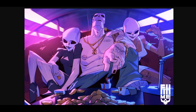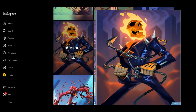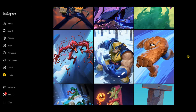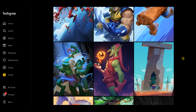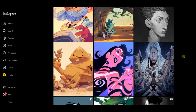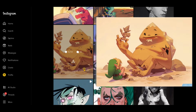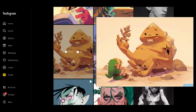Is there an RGB shift? It's hard to say, but yeah. Ghost Rider, I'm assuming. For these ones, they're way more painted, right? And just the way he simplifies the anatomy. I mean, this one's pretty freaking weird, but oh, it's from the